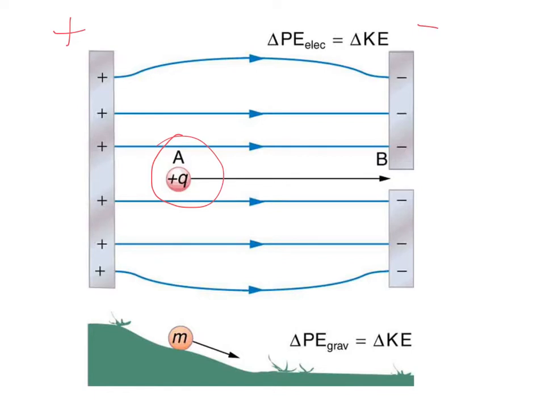So you can see at point A there's a positive charge, it says plus Q, and that if I put that charge into this field, it would feel a force that would be directly to the right, being repelled away from the positive and being attracted over towards the negative. So the direction of the field is from A to B. Now let's think about that in terms of